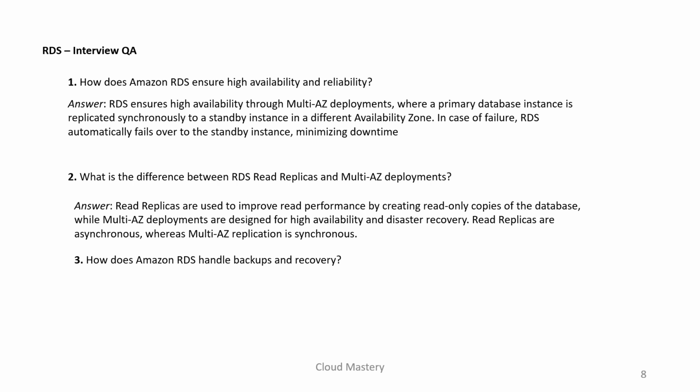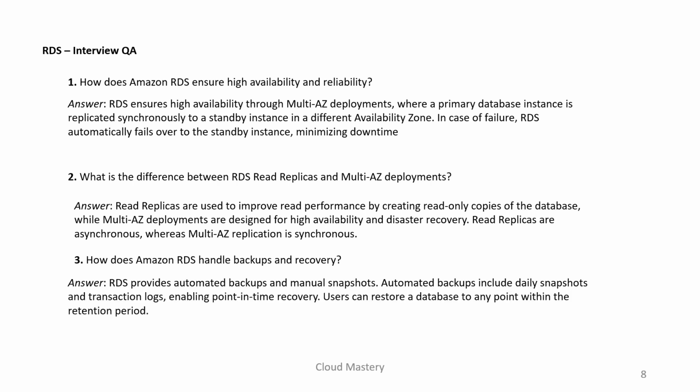How does Amazon RDS handle backup and recovery? You can say Amazon RDS provides automatic backups and manual snapshots. So both options are there. Either you can go with the automated backups, which are already managed by RDS, or you can approach the AWS Backup service and create your vault, and then you can configure your RDS service there. You can have automated backups including daily snapshots and transaction logs, and you can enable point-in-time recovery